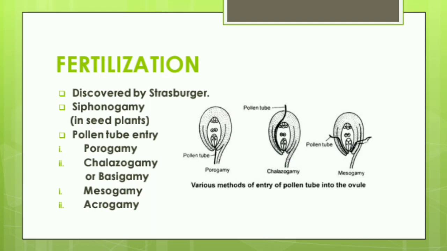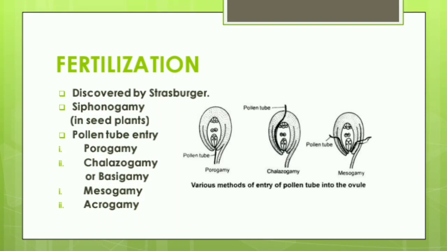The outer layer is pectin layer, middle one is pectocellulosic layer and the inner layer is callosic layer. Pollen tube moves at a rate of 1 to 6 millimeter per hour. And remember, pollen grain does not pass down the stigma. Only pollen tubes go. The pollen tube secretes pectinase and other hydrolytic enzymes in order to create a passage for its entry into the style. Now, pollen tube can enter the ovule by 4 methods.